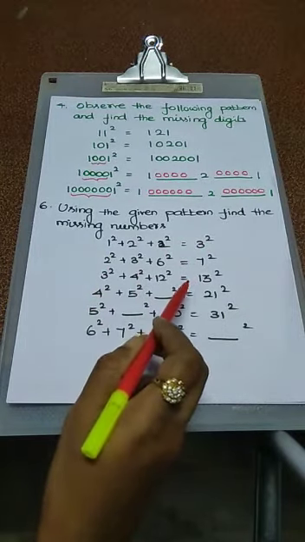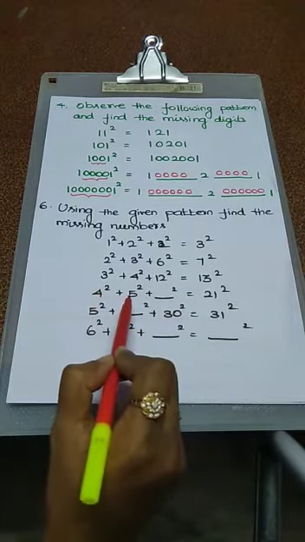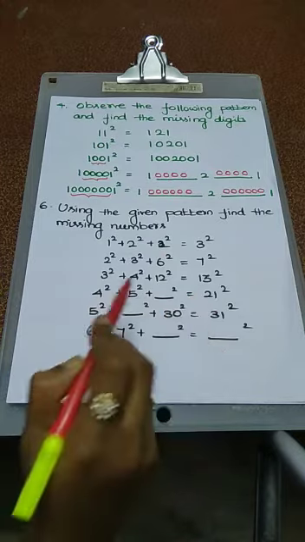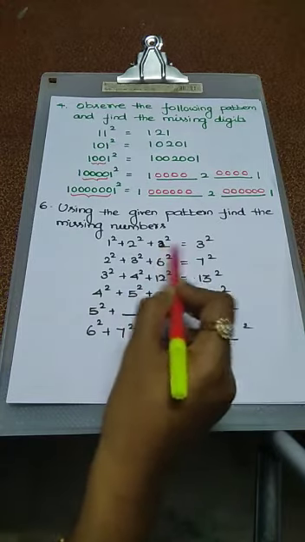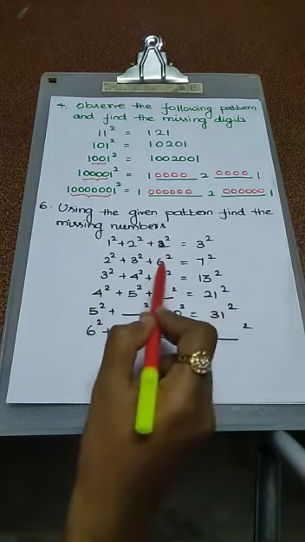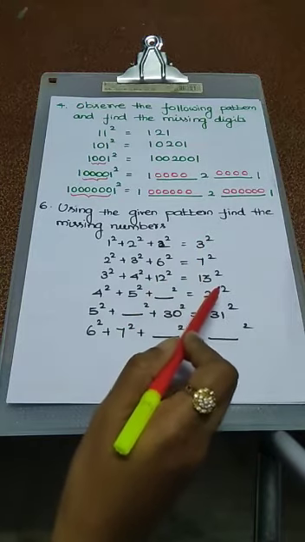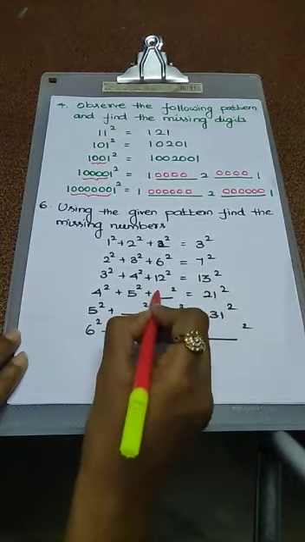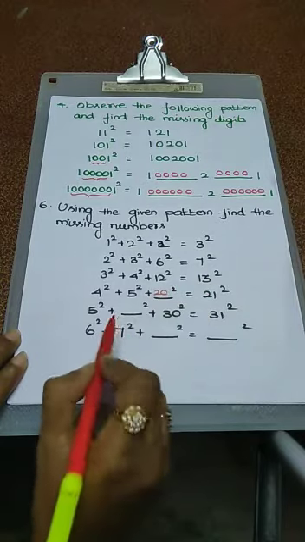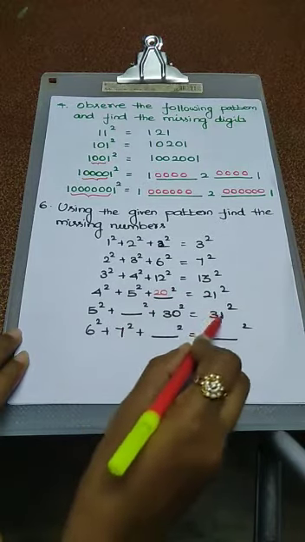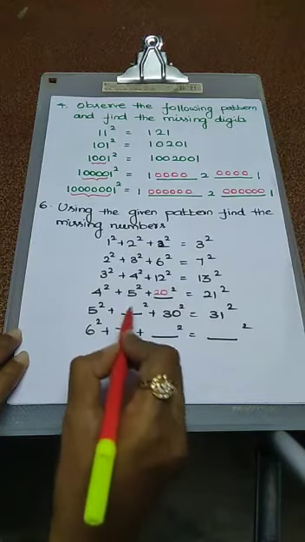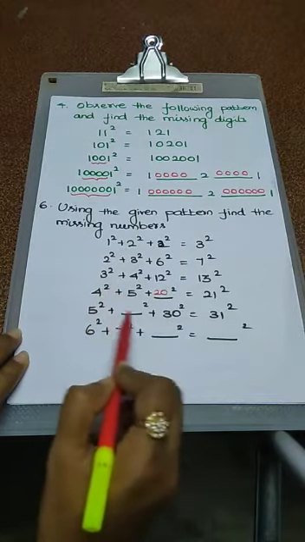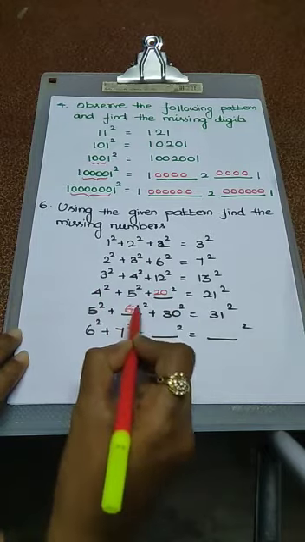So what is the number for 4 square plus 5 square plus dash square equals 21 square? How can we calculate? You just look at the final values. 2, 3, 6, 7, 12, 13. So what is the possible value here? Here for 21, the possible value is 20 square. Here 30, 31. How can we use this value? This is a continuation, no. 2, 3, 3, 4, 4, 5. So the next possible value is 6.